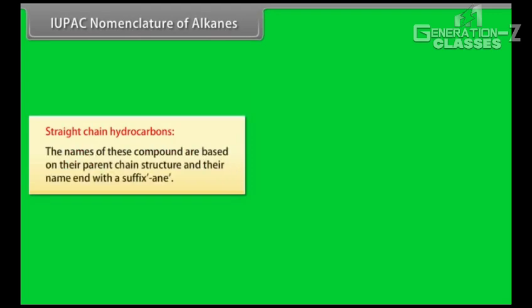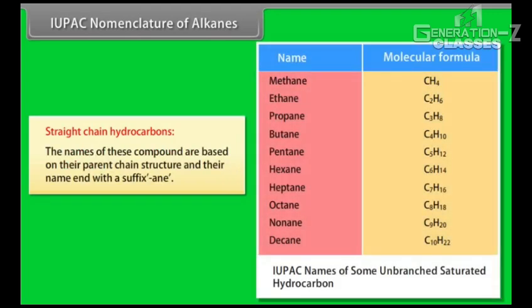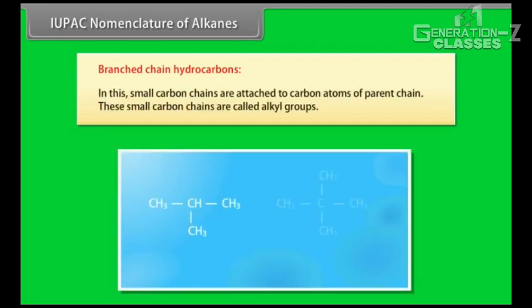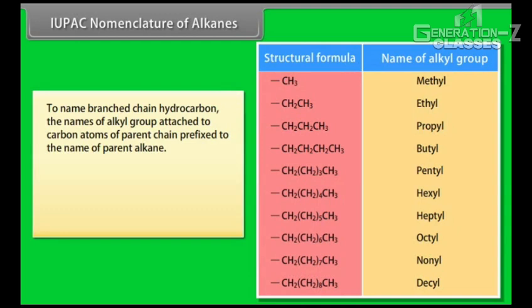IUPAC nomenclature of alkanes. Straight chain hydrocarbons. The names of these compounds are based on their parent chain structure, and their name ends with the suffix -ane. Branched chain hydrocarbons. In this, small carbon chains are attached to carbon atoms of the parent chain. These small carbon chains are called alkyl groups. To name a branched chain hydrocarbon,